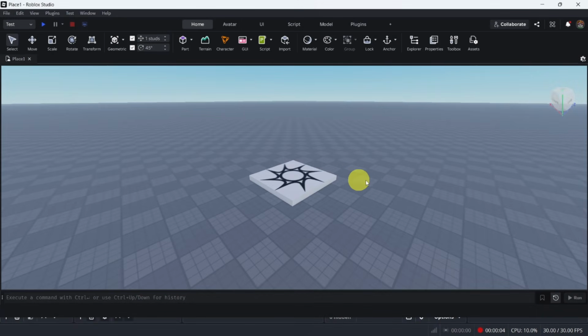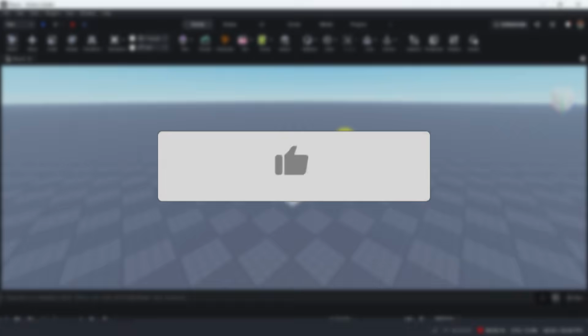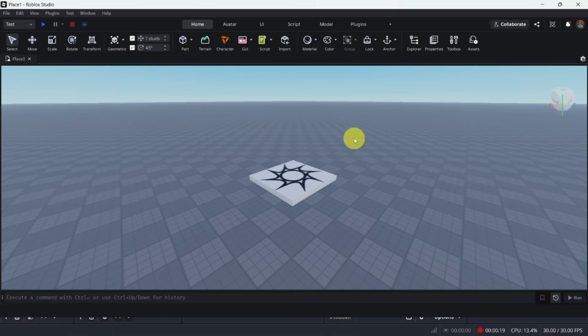In this video, I'm going to show you how to make your camera shake or sway in Roblox Studio. This is a simple trick that can make your game feel more dynamic and immersive, whether it's for an action scene, running, or when the player jumps. By the end of this tutorial, your camera will have that smooth, subtle movement that adds a lot of polish